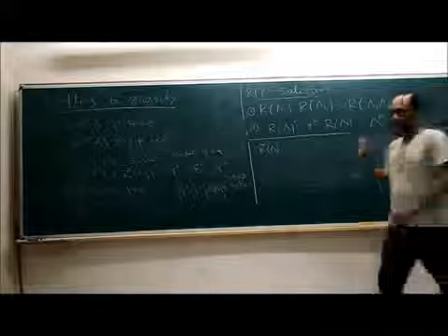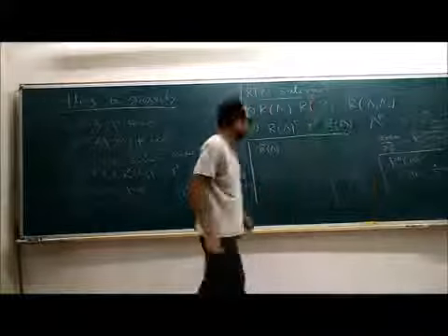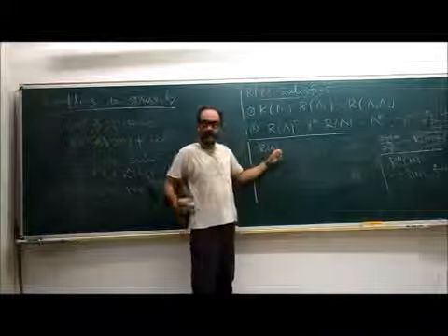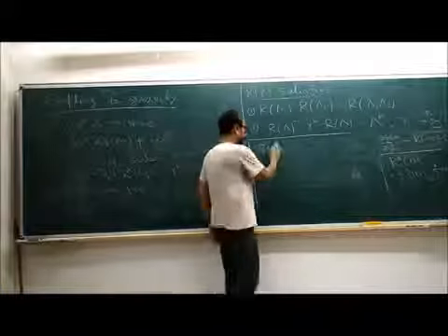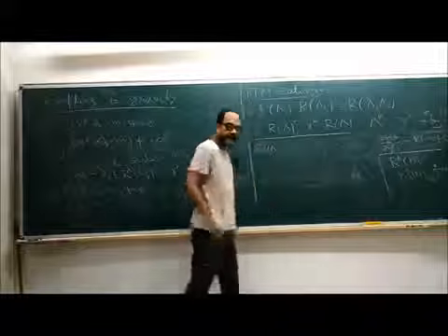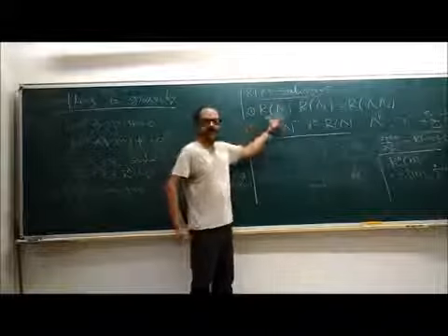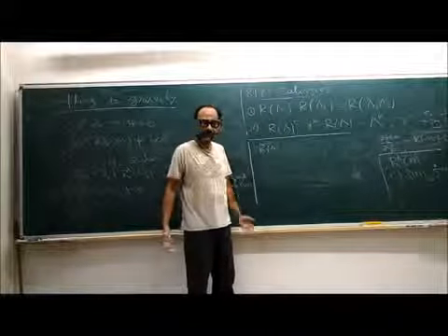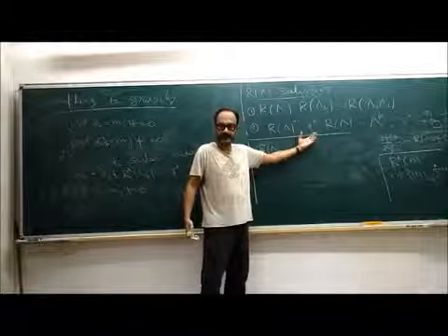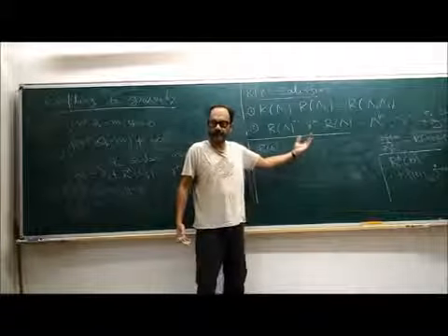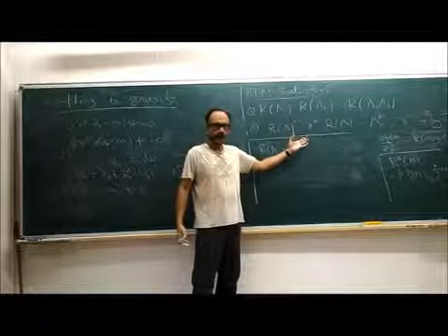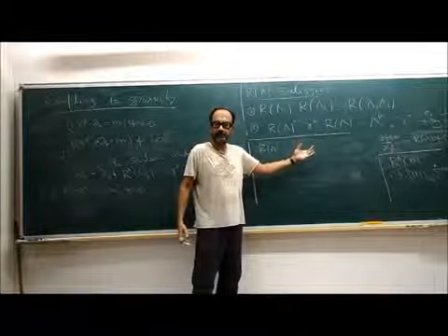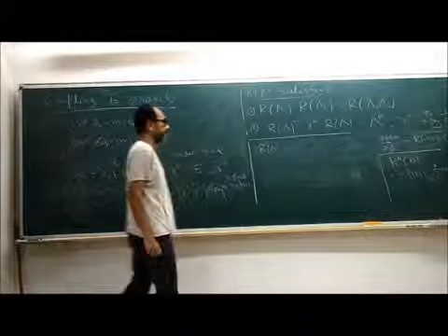But the only additional thing is that now we will allow the lambdas to depend on x. That is not going to change the identities that we had, in particular neither of these two identities, because neither of these has any derivative with respect to x. So these are just matrix identities. It doesn't matter if lambda depends on x. Point by point in x, these identities should work. Is that clear? Okay, so we'll use that.